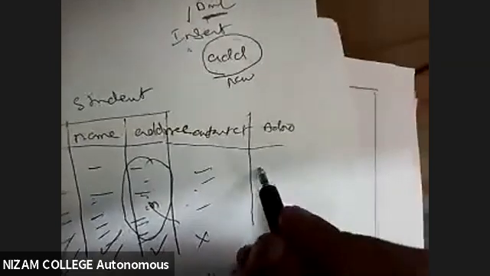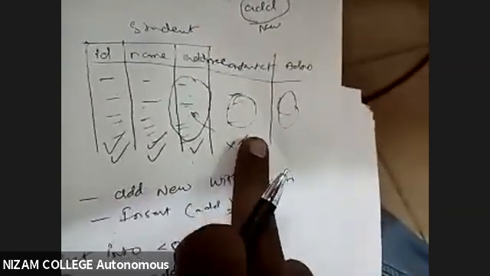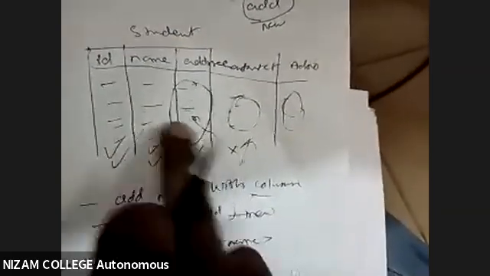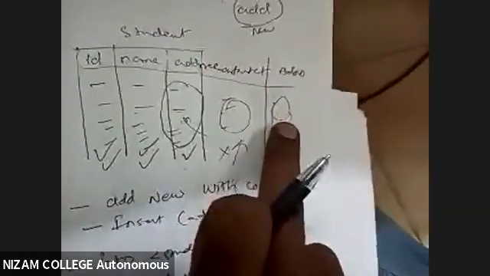That means some gaps were left over. Because I didn't have the data, after a couple of days the student comes and says, sir, right now I have a contact number, and you were asking about my Aadhaar number, which at that time I was unable to give. Now I have an Aadhaar number and a contact number. Can I update it? Can I add those records? It is not a new record. That means data is already there, and now you are trying to fill the gaps which have been kept empty.